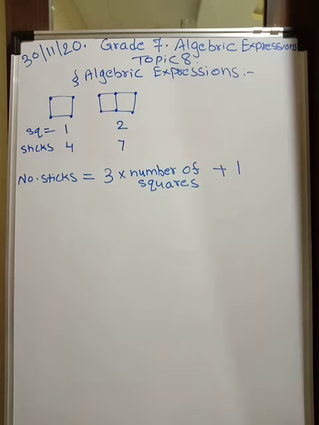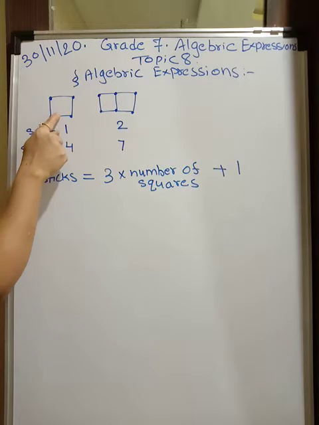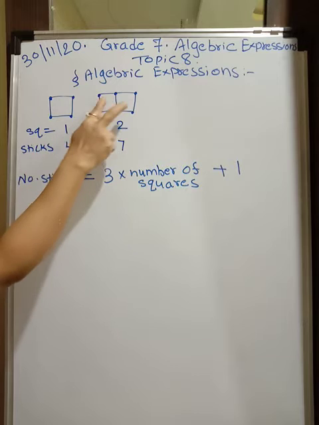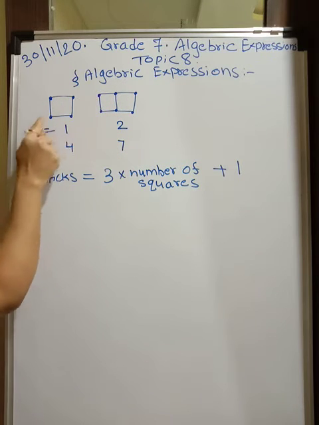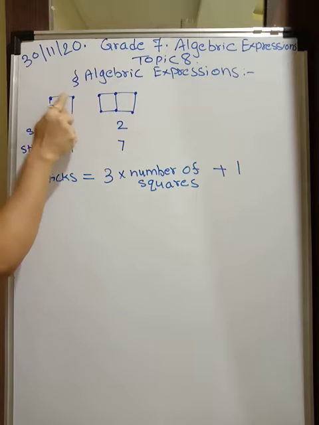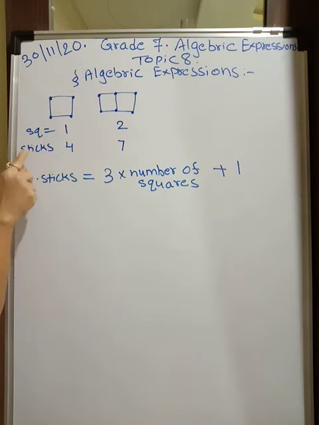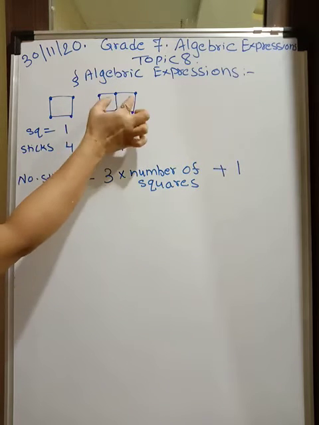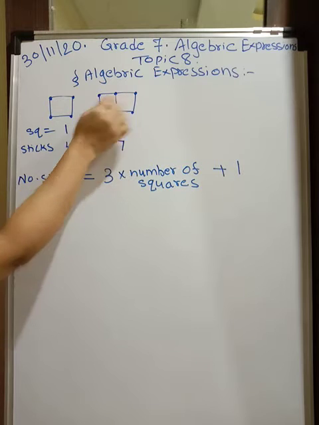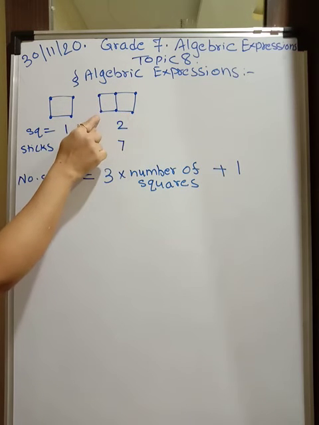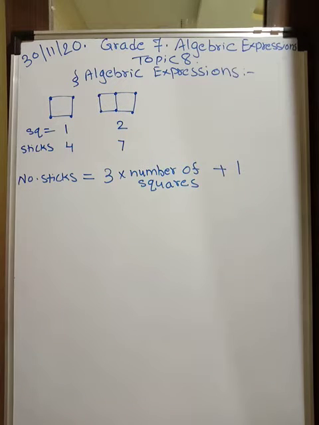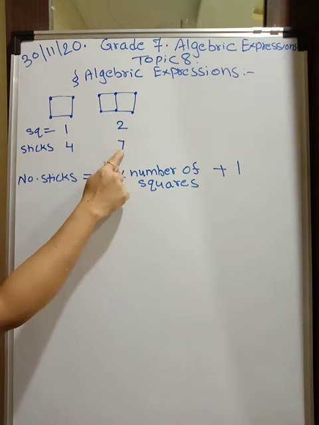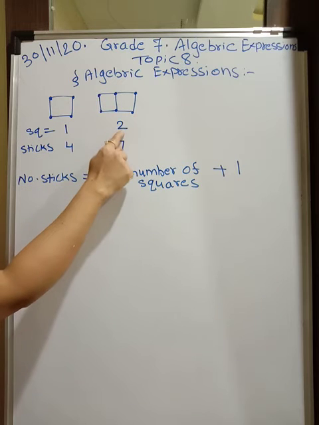Now can you see the squares over here? This is the first square. That means here there is only one square. Square number I have written. And here there are how many squares? Two squares are there. Now this square is made up of 4 sticks. See, 1, 2, 3 and 4. So sticks are 4. If these two squares are attached to each other, how many sticks are there altogether? 1, 2, 3, 4, 5, 6 and 7. So number of sticks over here are 7. Number of squares are 2.